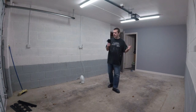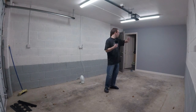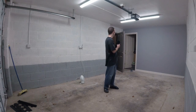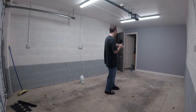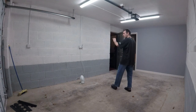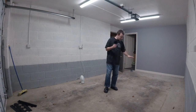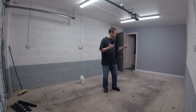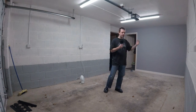Now of course this is the garage that the flooring is going to go down, but first I'm going to do all the walls. I'm going to end up possibly doing some sort of logo on there, I'm not sure, doing all the archives, and I think I'm going to go for a much darker colour scheme on this. The floor is black, I'll show you that in a second, and I think that will contrast nicely to